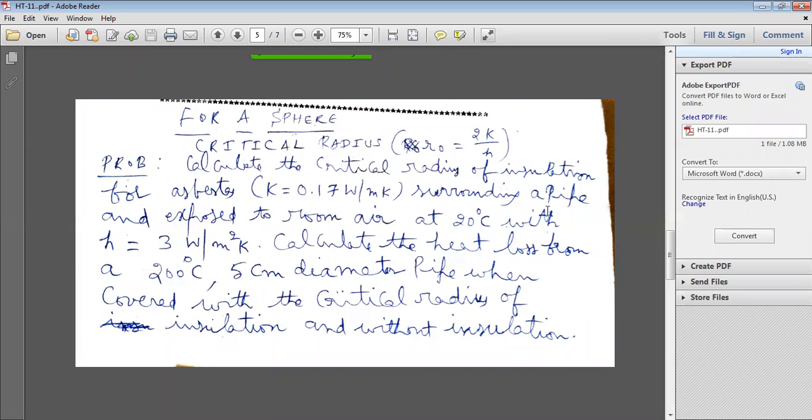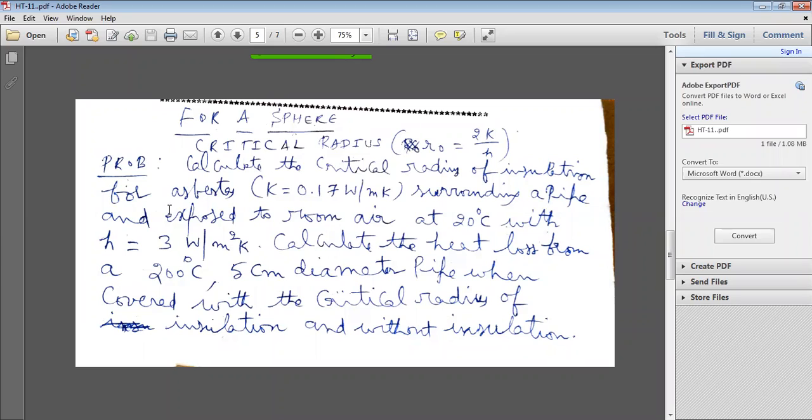So on this critical radius for a pipe, you do some problems on the sphere also, but I will give 2 problems on the cylinder. You solve the derivation for the sphere and also solve 1 or 2 problems. They are also simple problems on the sphere. But I am giving 2 small problems on this cylinder. So problem 1 on critical thickness of insulation or critical radius of insulation.